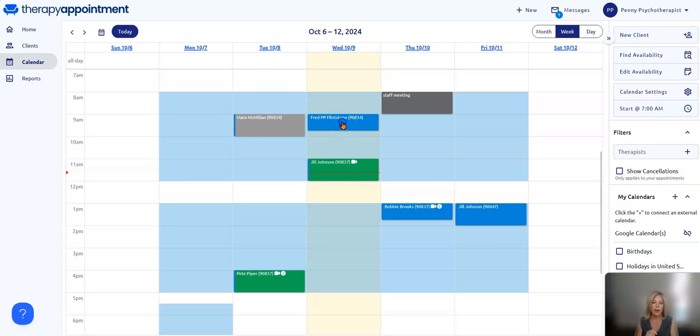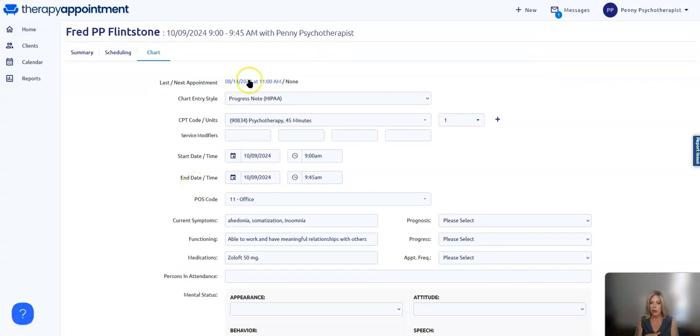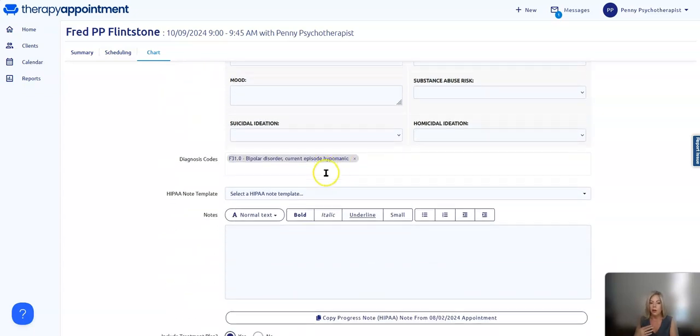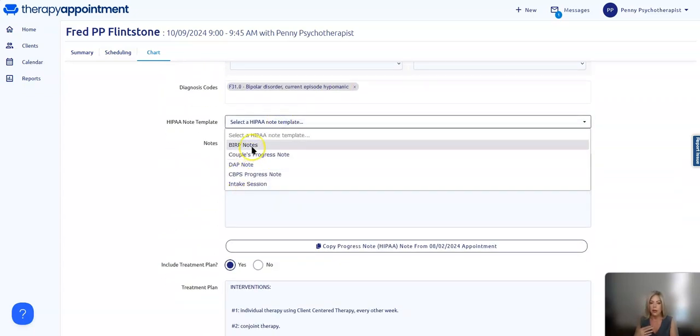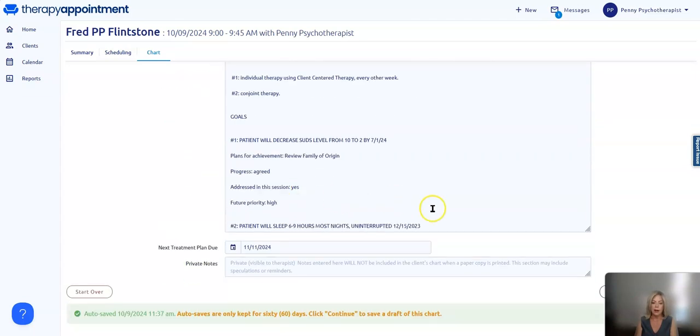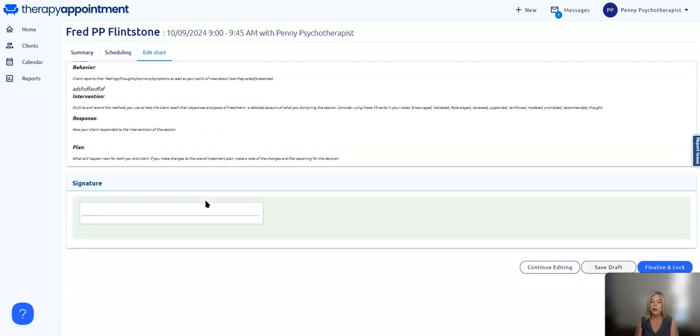We have Fred here. Now I'm not going to do anything with payment on Fred at this time. So what I'm going to do is I'm just going to start charting, right? This is taking me to that same kind of similar note we just saw before. And again, I'm just going to put some blah, blah, blah in here. And let's go ahead and hit continue. So now when I preview this note,